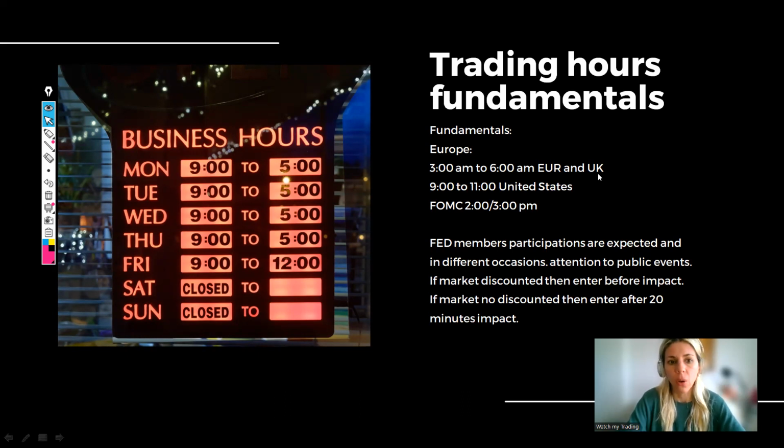So information is not always, and it won't be all the time, high impact or medium impact or low impact. That is going to change depending on the macroeconomic situation. So nothing stays the same forever. But at this point, you have to make sure that you know how to filter information and exactly what hour it is going to be published. And the volatility in the market is expected to last at least 40 minutes to 1 hour